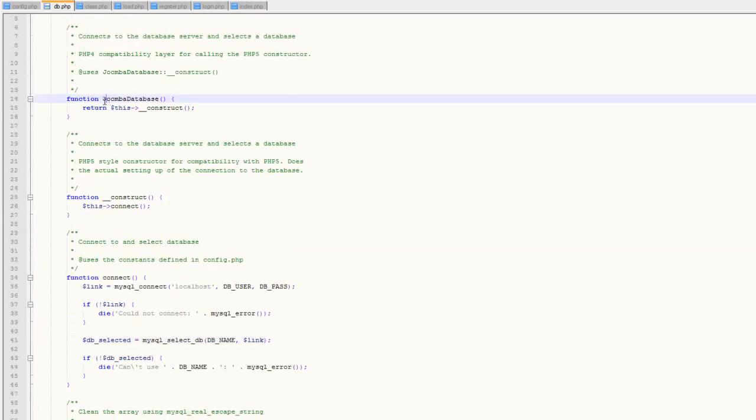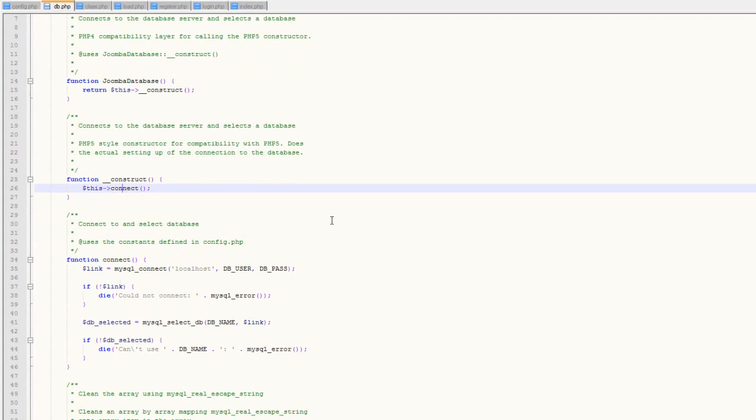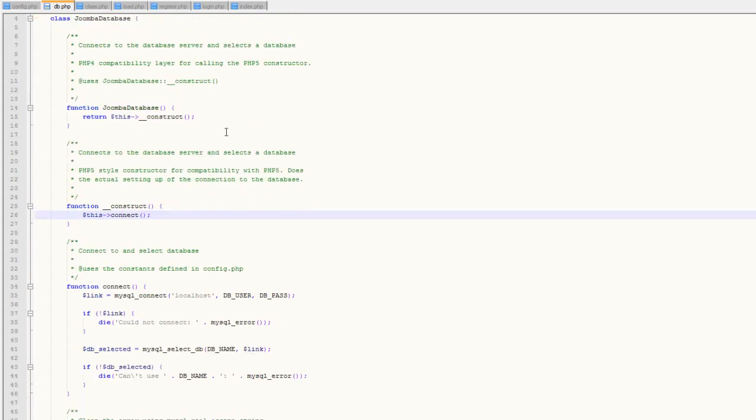This up here is basically for backward compatibility with PHP 4. In PHP 4, there was no construct method like this. So if you wanted to have something automatically run when you instantiated the class, you created a function that had the exact same name as the class. And so essentially what we've done is that, and then we just tell it to run our construct function. So if someone's running PHP 4 and they instantiate this class, it'll kick through to run our construct, which will then kick through to run our connect. So it essentially does the same thing. It's just backward compatibility for PHP 4. All right, so